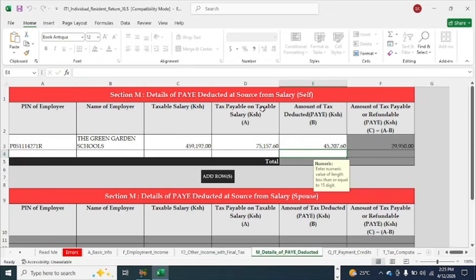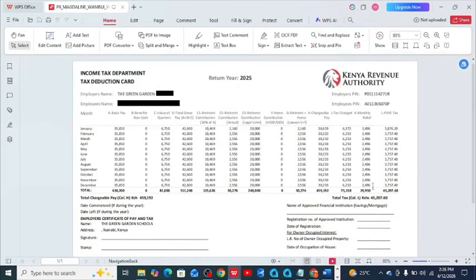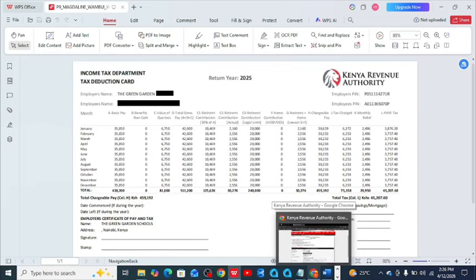You have noticed something. The difference between the tax payable on taxable salary and the payee amount gives you your annual personal relief of 28,800, if you are not accorded the affordable housing levy relief, which I was, of 1,150. That's why mine is not equivalent to the annual personal relief amount. Hope we are together up to that point. So to confirm you are correct with what you are doing,